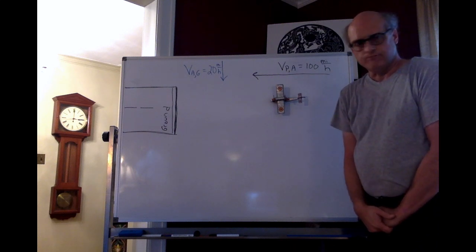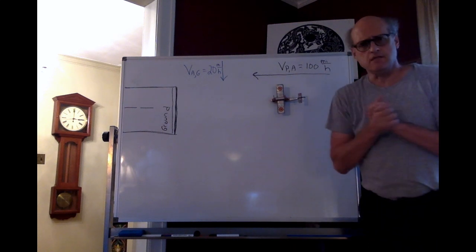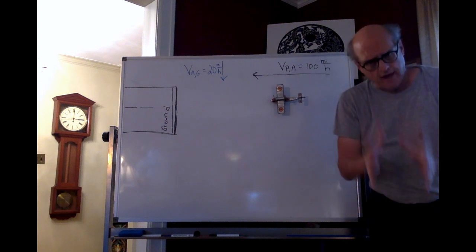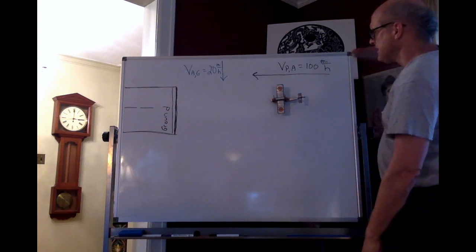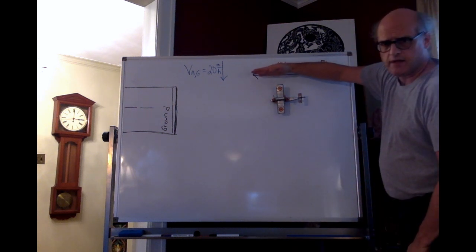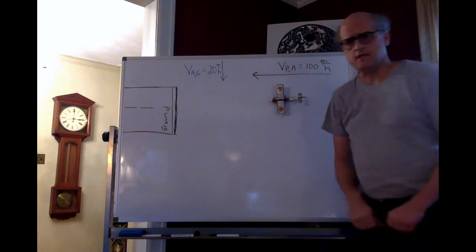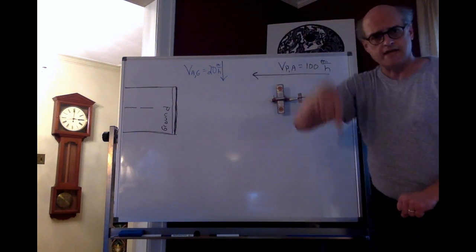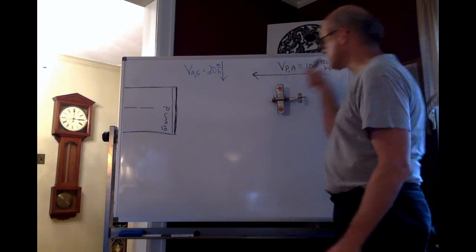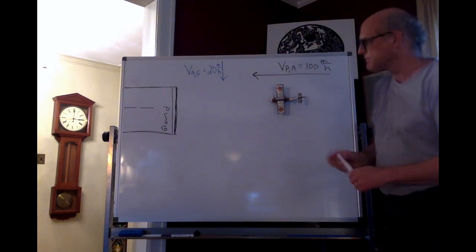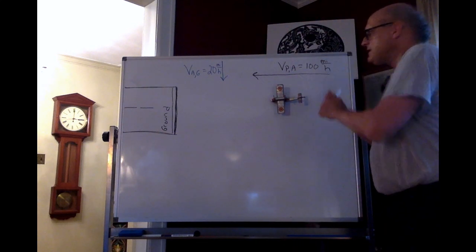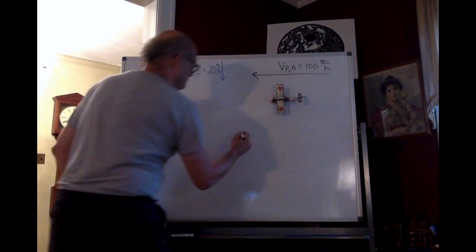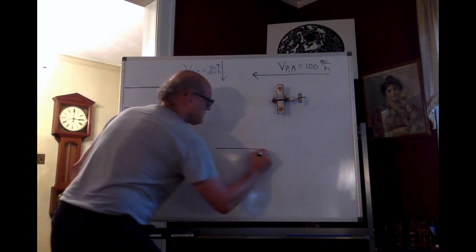What's the result? Well, velocities have both magnitude and direction. Since this is directed to the left and this is directed down on the board, perpendicular to this vector, when we combine these two, which I'm going to do right down here,